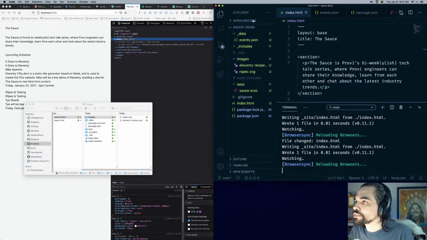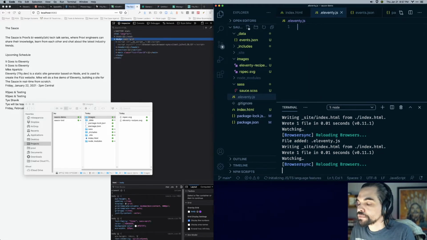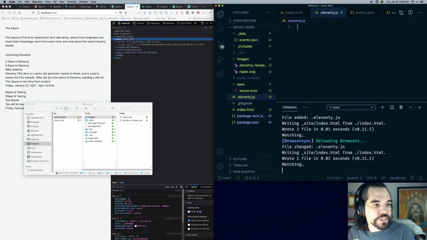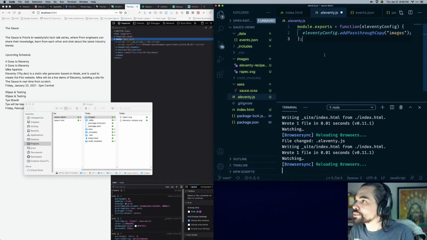need to create a file here, like a config file, a root here called .eleventy.js. In eleventy.js, you can basically put any JavaScript. We use module exports to pass a function to do some config options for Eleventy. There's a big thing here called add pass-through copy, and this basically says just take whatever's in this folder, images, and put it in the site folder. So